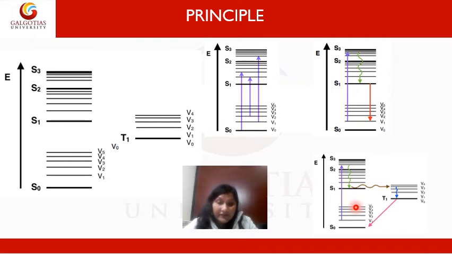Now the basic difference between fluorescence and phosphorescence is that fluorescence is a relatively fast process, and when we remove the light source the fluorescence stops, whereas phosphorescence is a relatively slow process and this will continue for some milliseconds even after removal of the light source. This is the explanation and difference between fluorescence and phosphorescence. Now you can understand how a fluorophore works when we use it in immunoassay techniques.